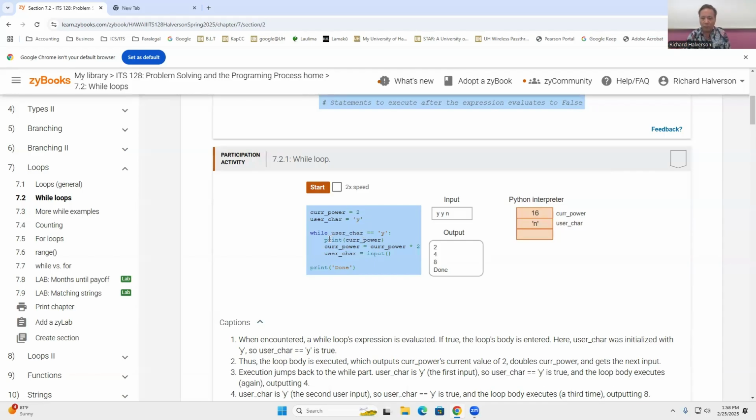And you're going to keep on doing this loop until the user types in something that's not a y. So as long as the user types in a y, it's going to do the loop until the user types in something that's not a y. In this case, the user typed in an n, so it's going to loop